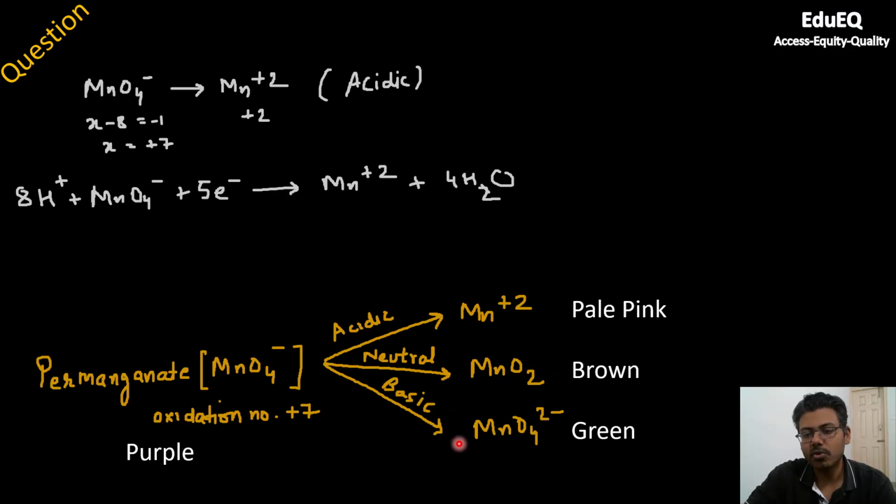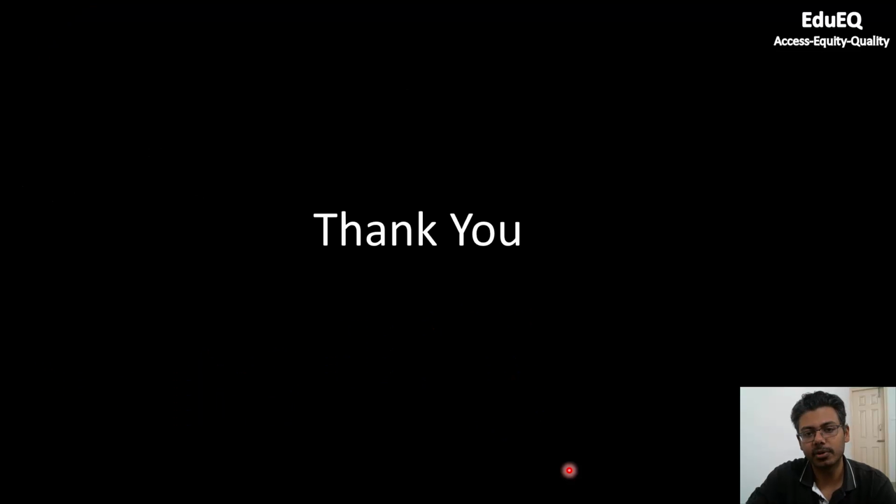So as homework, you can take this problem and find out the oxidation state of MnO4 2-. Here you know it's +2. From +7 it is becoming +2. Here from +7 it is becoming +4. And here you can find out on your own by assuming that the oxidation state of Mn is X, and you can let me know the answer in the comment section below.